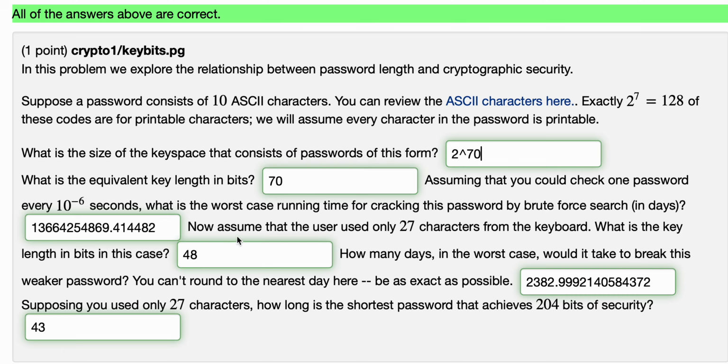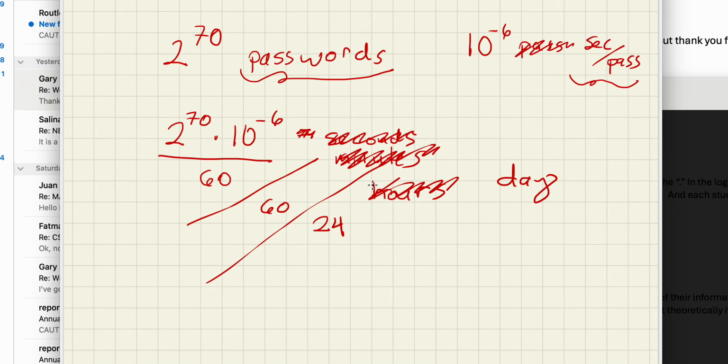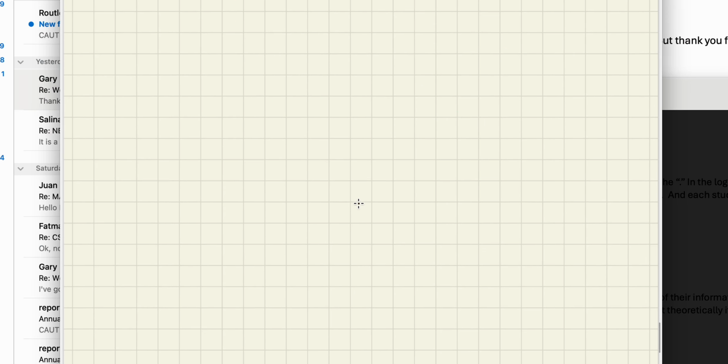So here's the next part. Now assume that the user only used 27 characters from the keyboard. What is the key length in bits in this case? So let's go back to the sketchpad and think about this situation. So now we have 10 blanks just like before. We have a 10 character password,